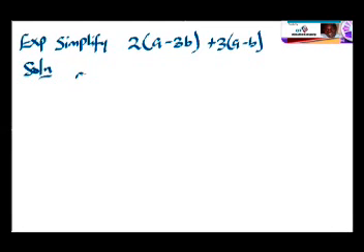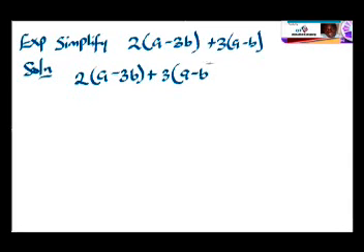I have 2 brackets a minus 3b plus 3 brackets a minus b. That would be equal to, my 2 is going to multiply everything out in the bracket,